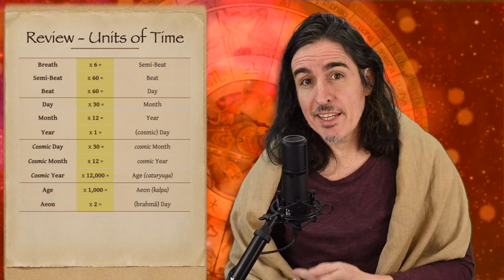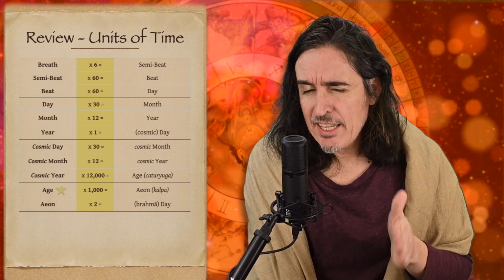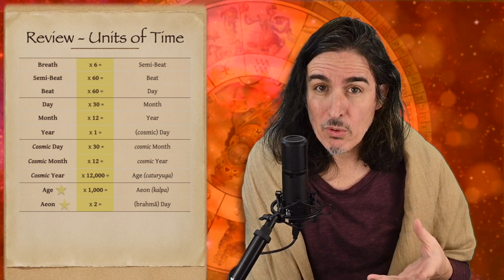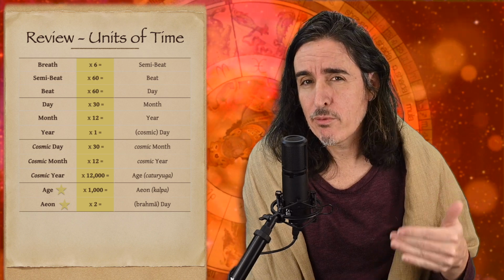Then after defining these units, he jumped up to these very large cosmic durations of time by multiplying the cosmic year by 12,000 to get something called a yuga, or an age. And then again multiplying that age by 1,000 to get something called an eon, or a kalpa. And he gave ways to subdivide these huge units of time into smaller, more manageable units. So he gave 4 types of yugas within the yuga: the Krita, Treta, Dwarpa, and Kali. And he gave 14 Manu periods within the eon.